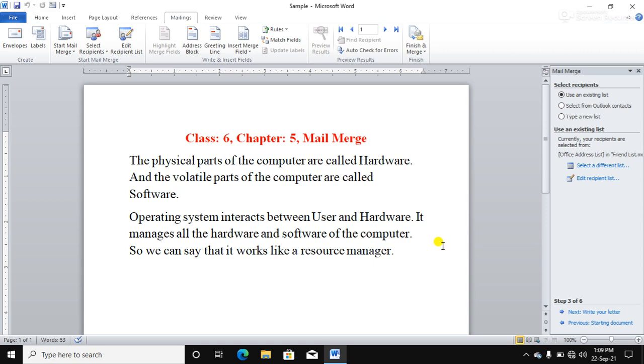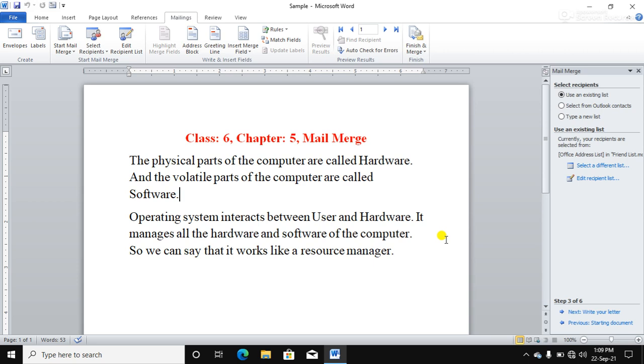Now next thing, what is merge fields? Okay. Now it's time to merge your data source into your main document. Okay. Now we are merging data source and main document. For that you must define the field names in your main document.